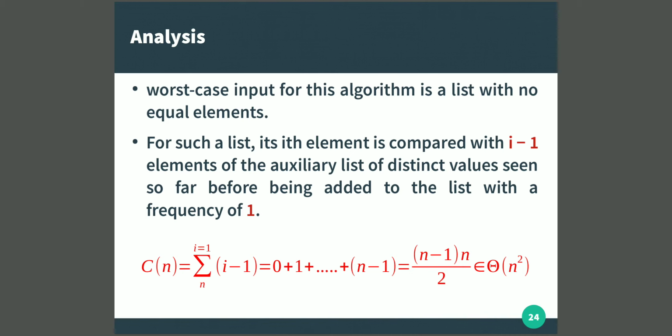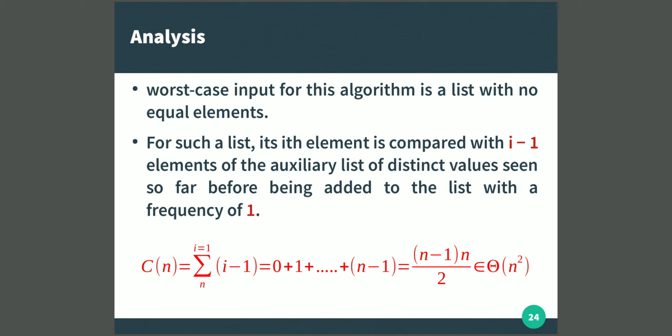And the nth element should have been compared with its previous n minus 1 elements, only then you can add this element to the list. Okay, so which requires n minus 1 comparisons. So this is nothing but summation of 1 to n minus 1, which turns out to be n minus 1 into n whole divided by 2.